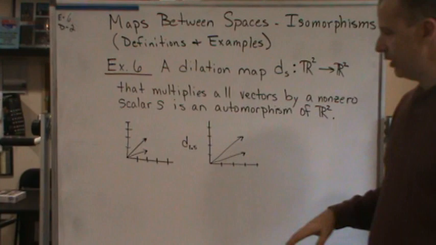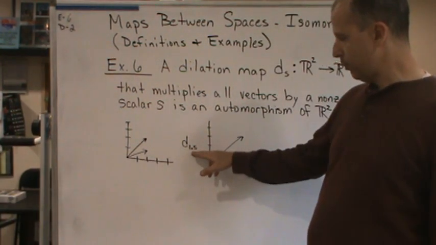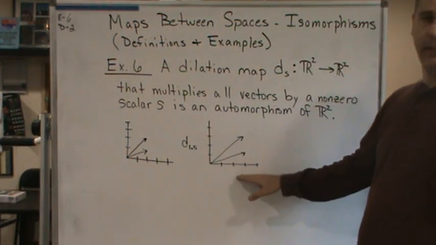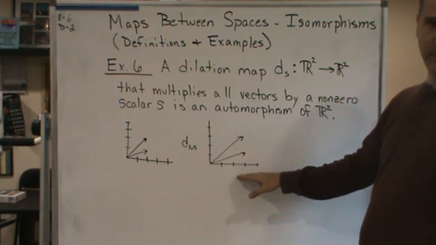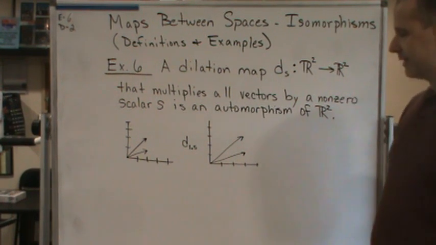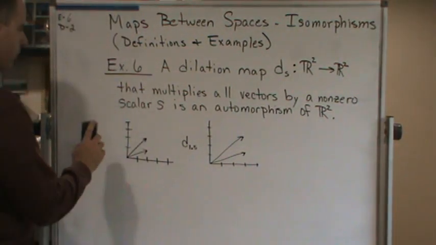So in this case, you can see that with the dilation D1.5, we're taking these two vectors and we're dilating them, right? We're expanding, we're stretching them, dilation, right? So that's an automorphism. Another automorphism